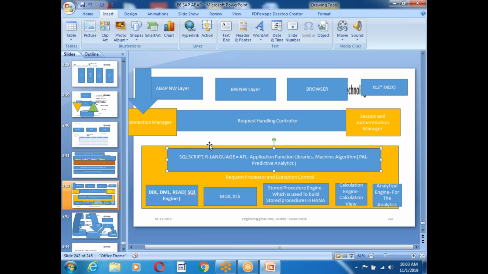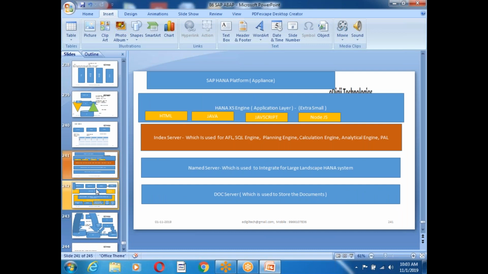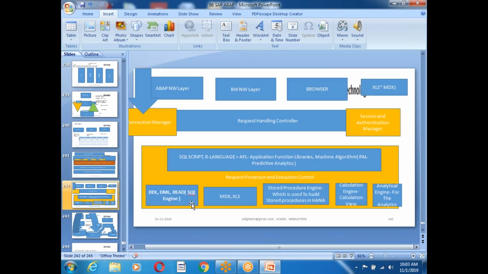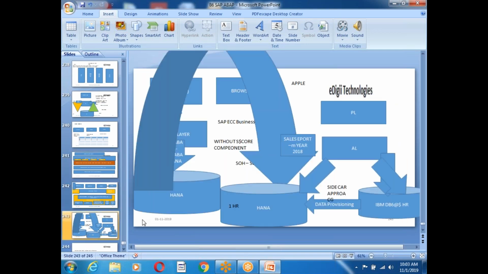That's the architecture of an index server. This is an index server architecture. It's a HANA server architecture, and this is an index server architecture, guys. And that's what we have seen in the last class. And also we have seen the difference between what is SOH and what is S4 HANA in the last